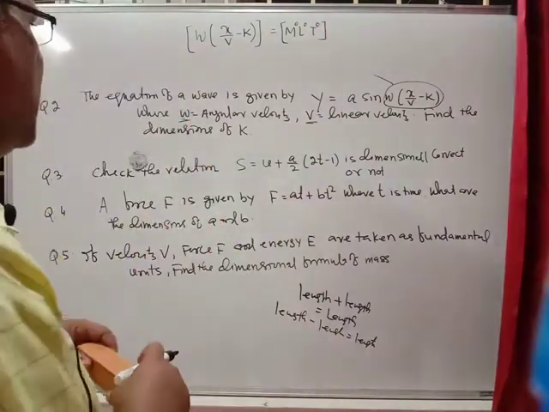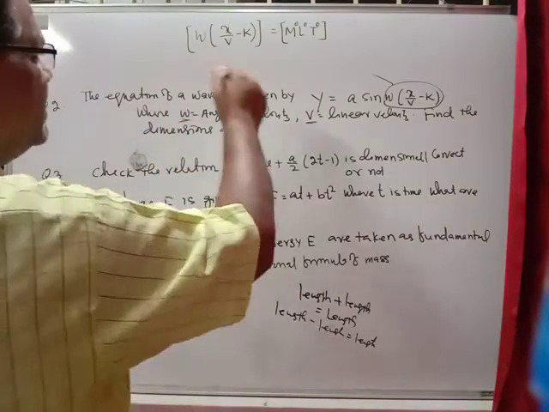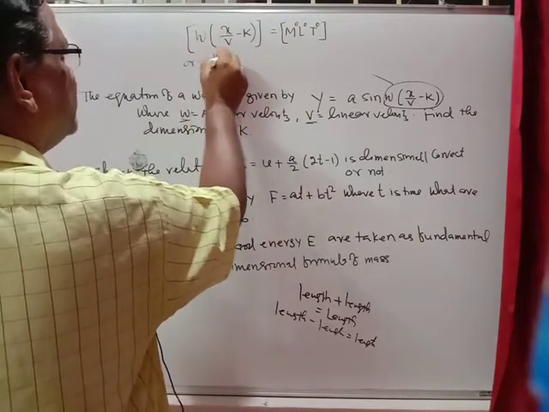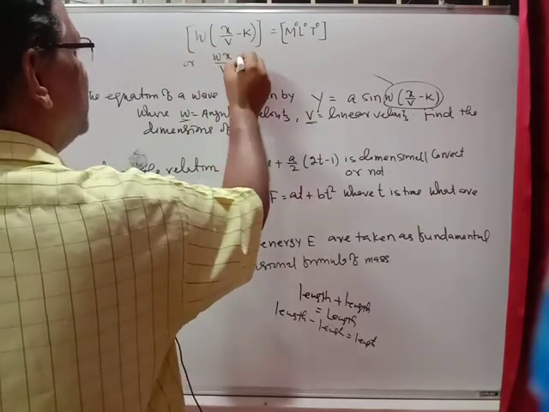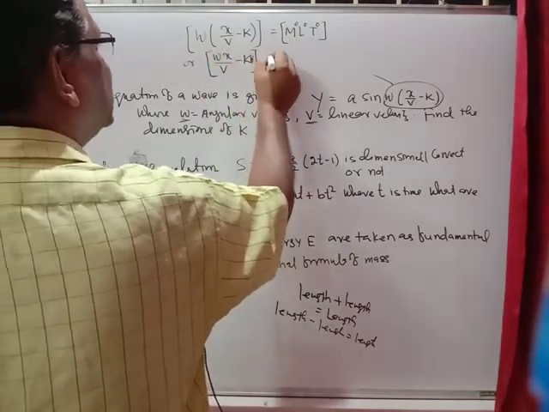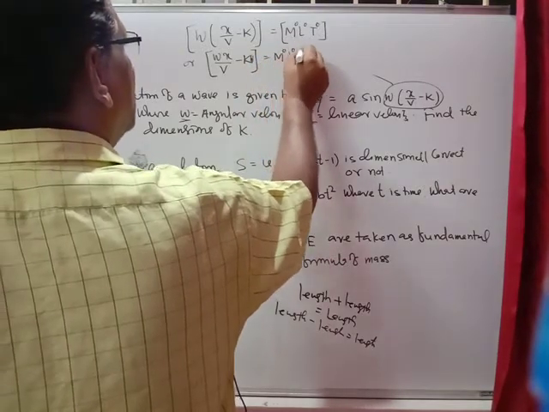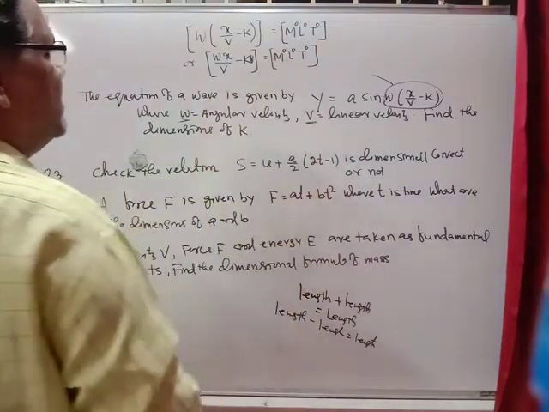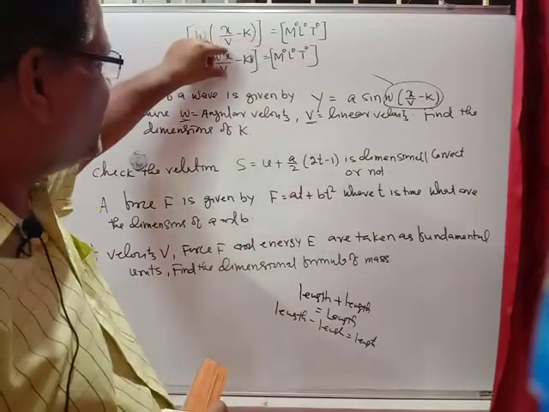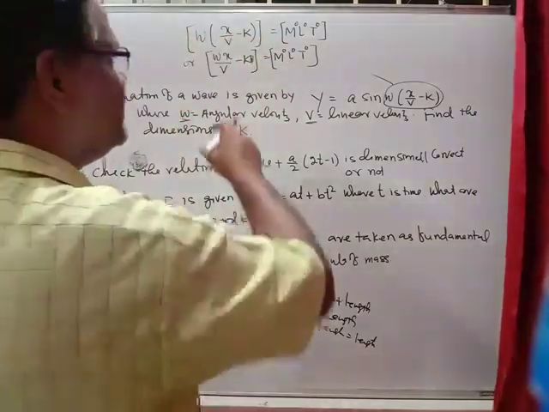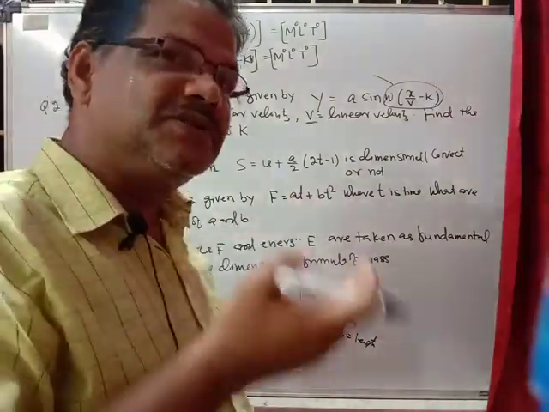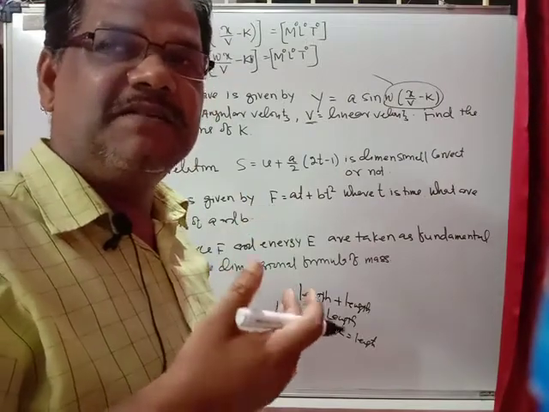You know that omega is the angular velocity and v is the linear velocity. Simply multiply omega into x upon v minus k; the dimension of k into omega is dimensionless, M naught L naught T naught. Clear? Because you know that length plus length equals length, length minus length equals length, or force minus force equals force, in dimensional analysis.